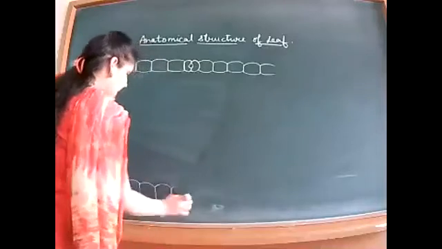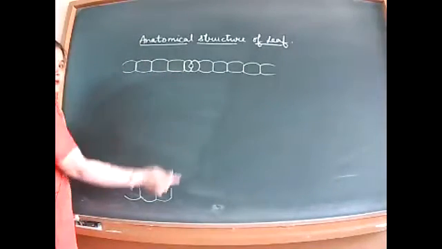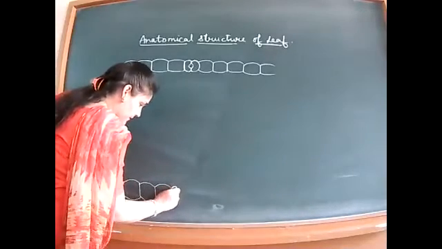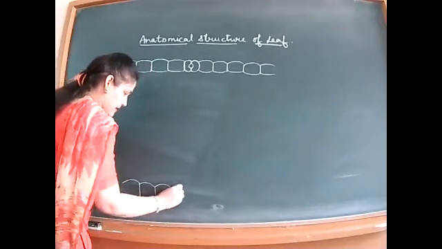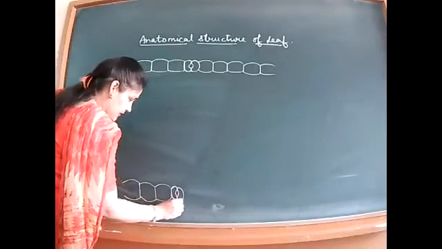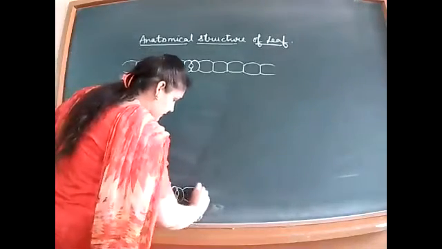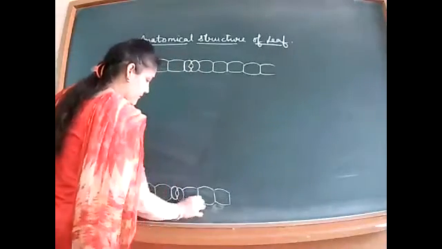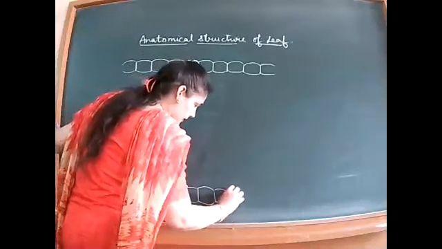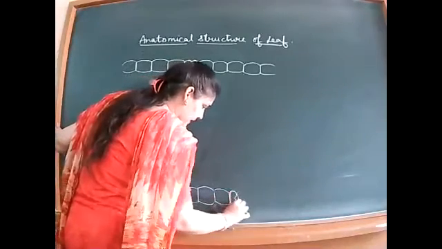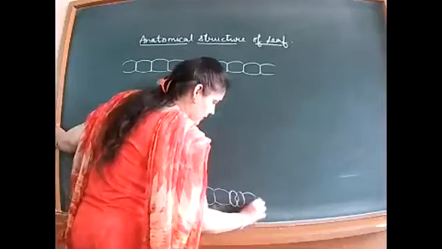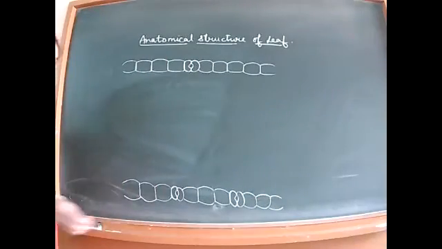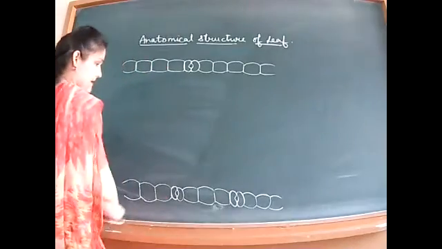And I told you that there is a lesser count of stomata within the upper epidermis as compared to the lower epidermis. So we'll be making two or more stomata, minimum two, maximum you can make as many. So this is the stomata. Continuing the lower epidermis, again you can make another stomata, and in such a way you can make two or more stomata in the lower epidermis. Again continuing the layer of lower epidermis. Okay, so this is the lower epidermis.